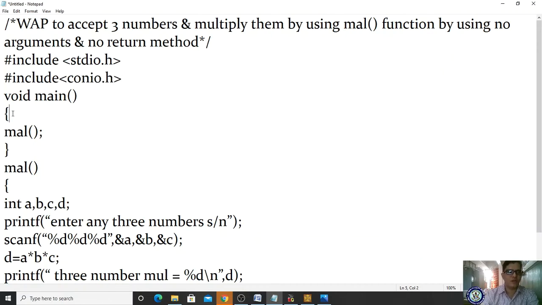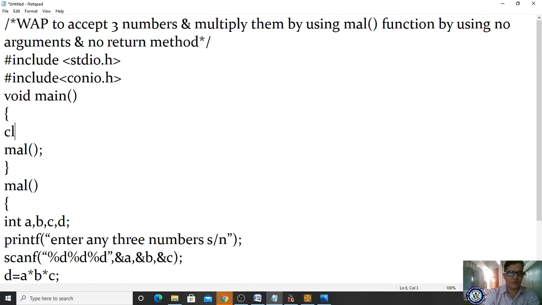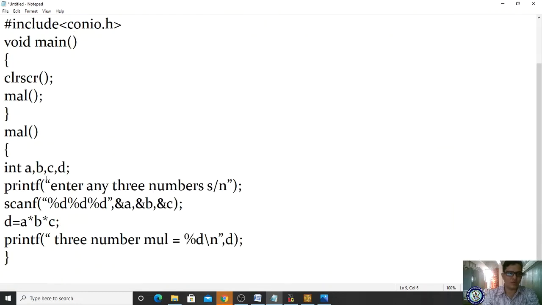And here mul is integer, so you are returning an integer, and that is why a prototype declaration is not there. Please make a note. Your function call is there, without argument, and automatically control will come here. It will multiply the three numbers, you have to enter three numbers, right?